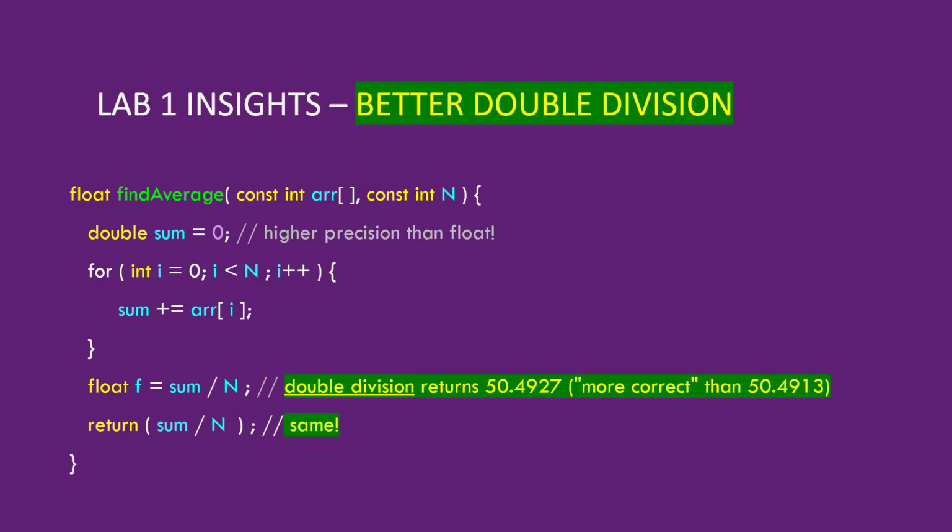And you'll get a more accurate result, even though you're going to chop off some of its precision. You'll still get a more correct answer, because all of the math is happening in this double space first, and we're accumulating in double space, etc. So there's lots of ways around this. And if you just want to make everything double, that's perfectly fine. That way you get the highest precision answer you possibly can, right?